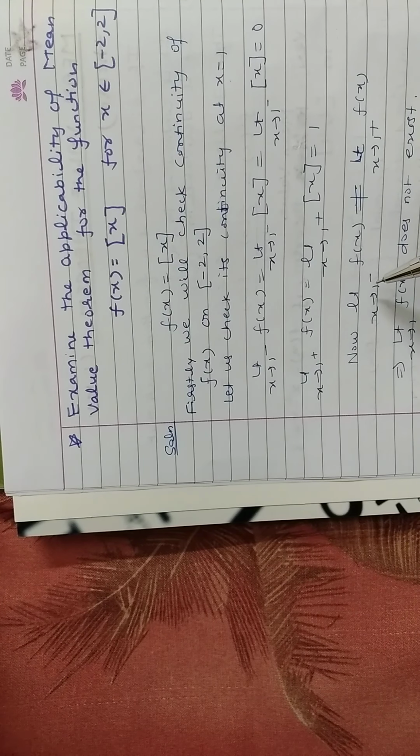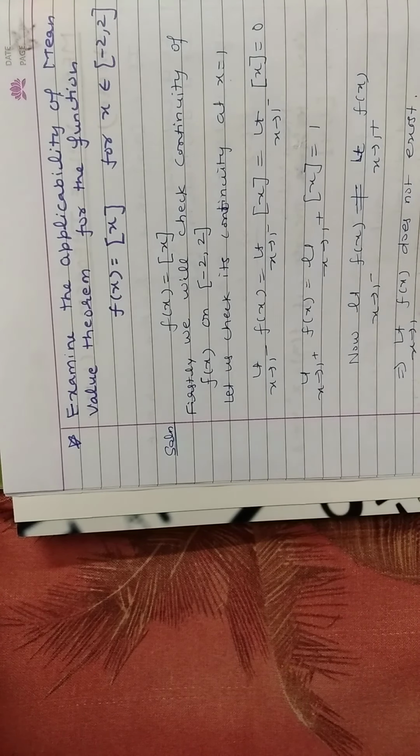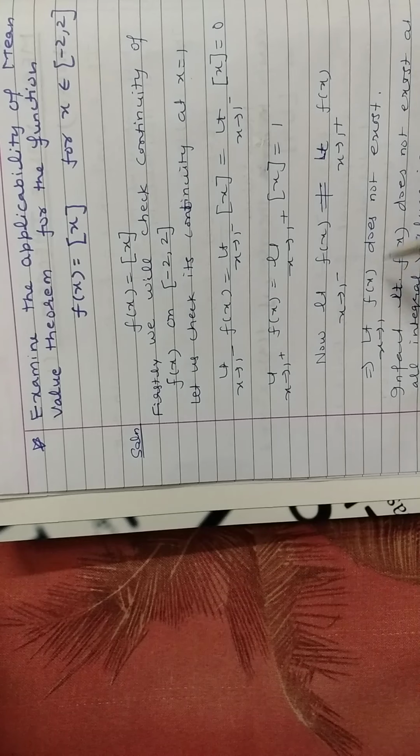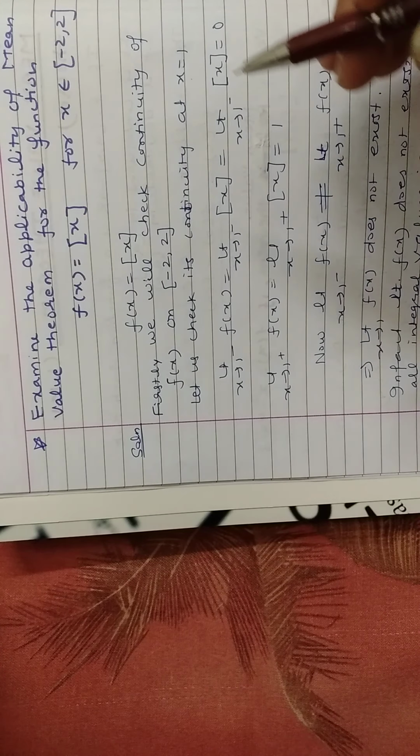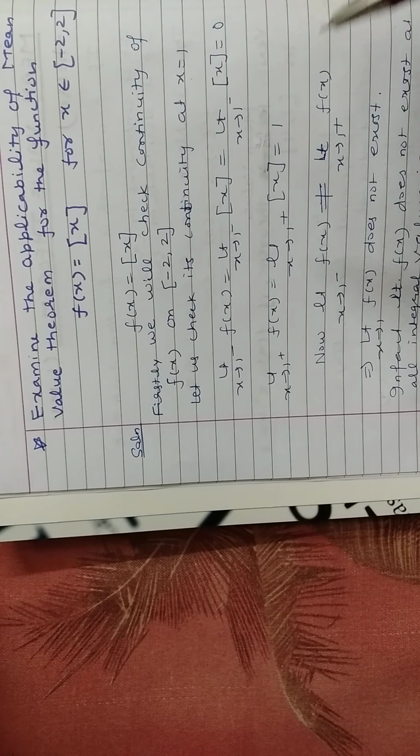Now left hand limit is not equal to right hand limit. It means limit x going to 1 of f(x) doesn't exist,